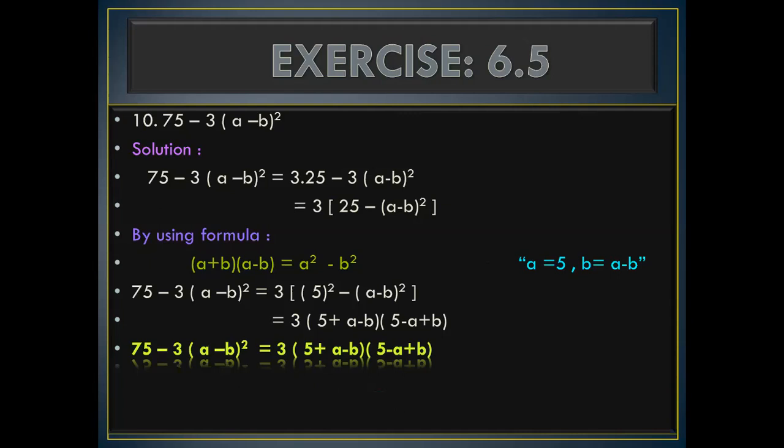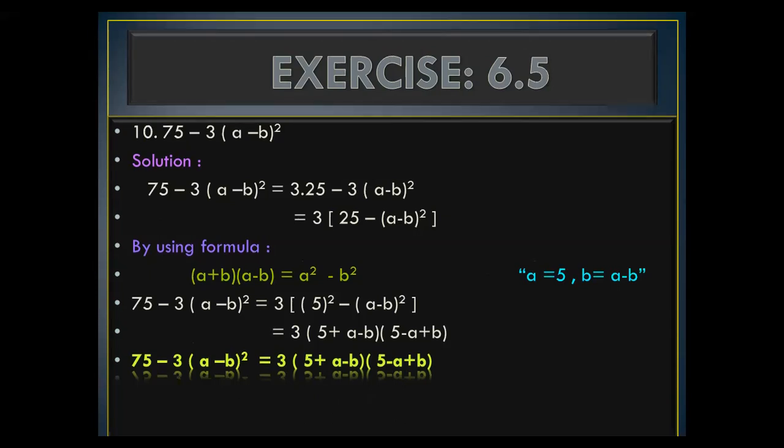This is the difference between the previous question and this question. In that question, a plus b was the first term, so that's why no change in the sign of a and b. But in this question, a minus b is the second term, so that's why we change the sign of the variables over here, because the formula is a plus b into a minus b. I think you got my point. Yes? Good.